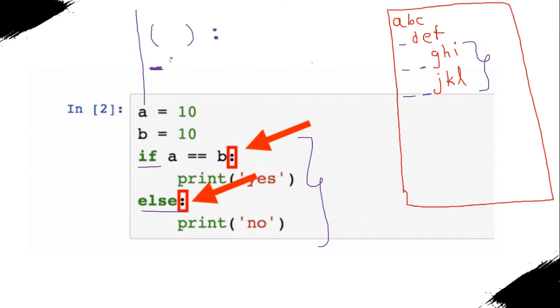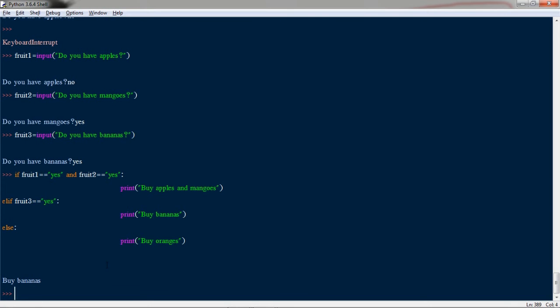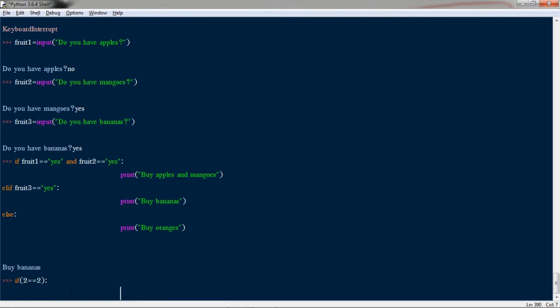So let us see it live. Let's say I am writing if 2 is equal to 2, and I am giving a colon here. If I press the enter key, by default it will give me an indentation. By default it has given me some space. But what if I go straight beneath it and then print something random?